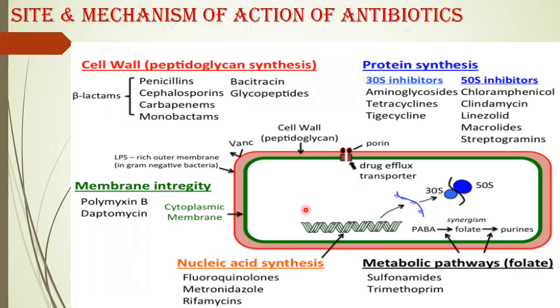Okay? Here the bacterial cell also has DNA, deoxyribonucleic acid, right? So from DNA it has to go for replication, as in the human, where we studied replication, transcription and translation. Replication means new DNA will be synthesized from the old DNA. Transcription means mRNA will be produced from this DNA, and translation means protein will be produced from this mRNA.